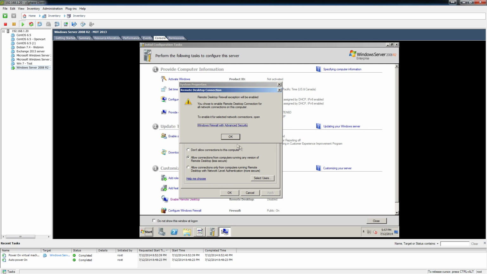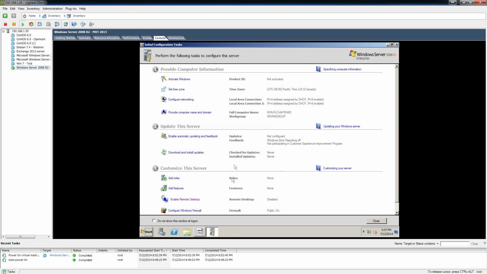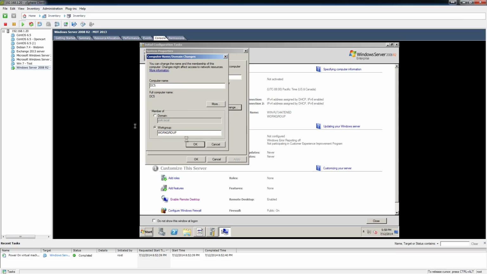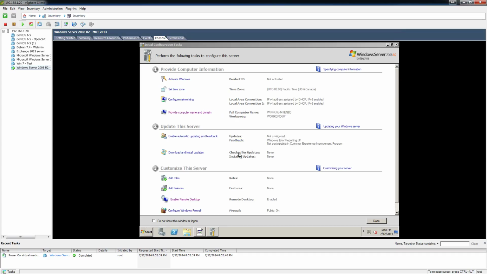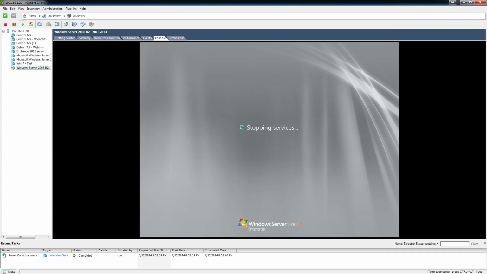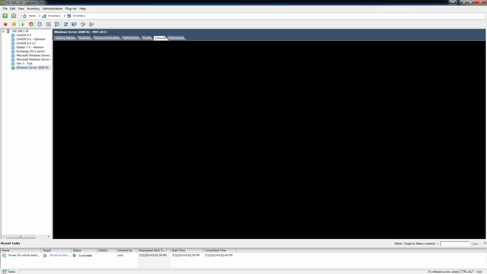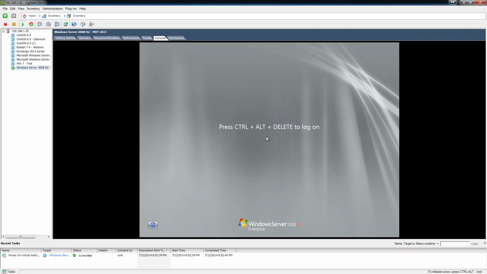What we're going to do is we're going to enable remote desktop. We're going to allow less secure. That's usually what I use. It's just a test machine anyways, and what we're going to do is also change the name, keep it on a work group. I don't really want to put it on my domain, but I just want to keep it in a work group just to make it simple. Going to restart the server,